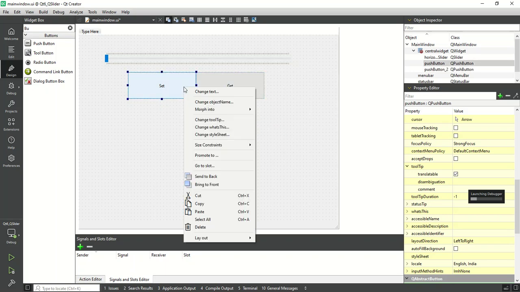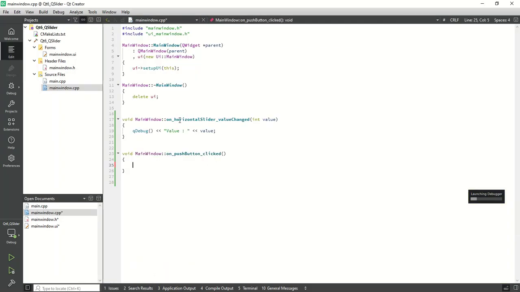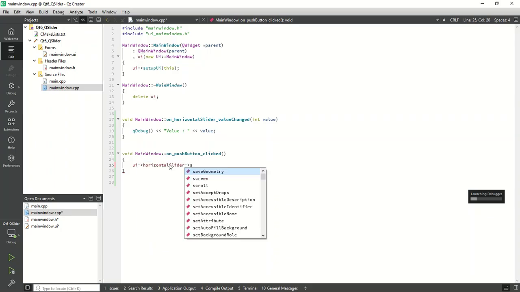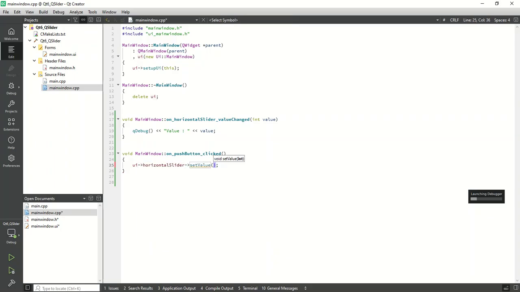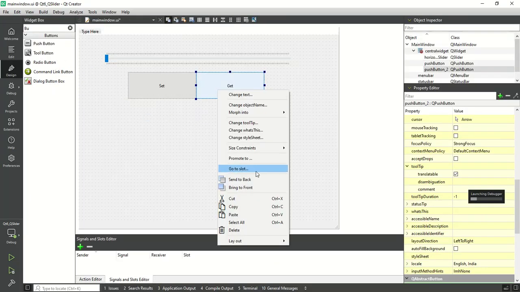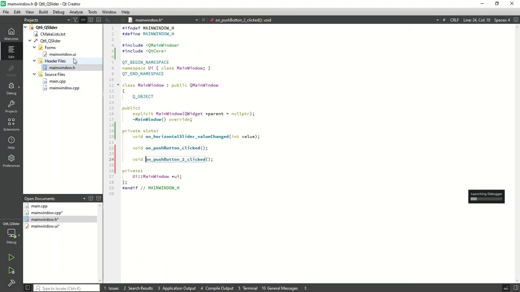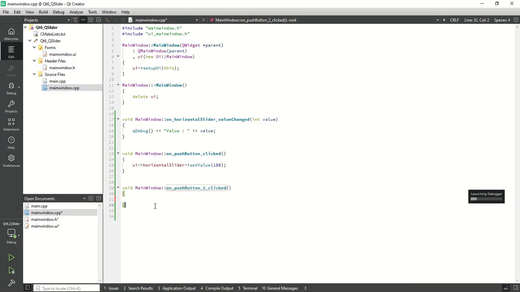On the set button we will set the value of our slider, set value as 150, and on the get button get the value